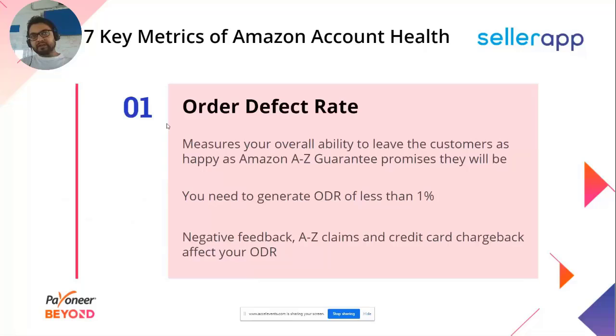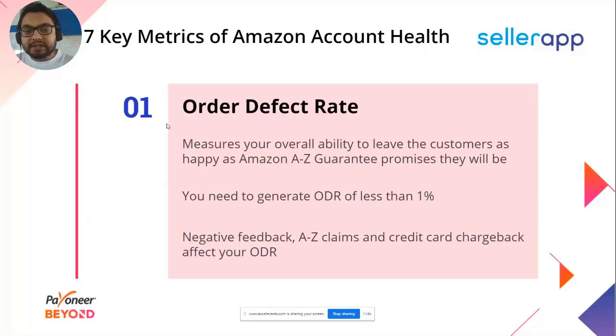Right. So if you look at account health now, it falls into two sections. One is more from the customer side, where Amazon wants you not to delay on the orders. Your order should be proper. And the other part is mostly from the brand perspective, your trademark perspective, your IP perspective, right? Because for Amazon, both cost money. If the customers are not happy, Amazon is going to get a bad name, right? And if someone is claiming IP infringement on the product you are selling, that you are not an authorized seller, or you are selling counterfeit products of a reputed brand, Amazon has to pay for it, right?